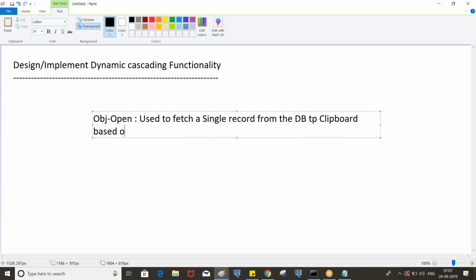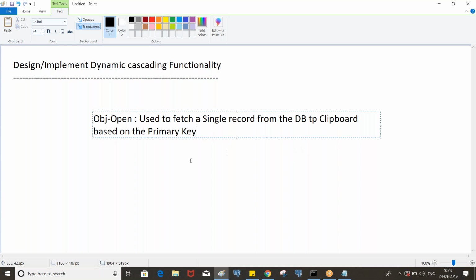based on the primary key. Whatever primary key we specified for the class, we need to pass that primary key so that you will get the corresponding record.